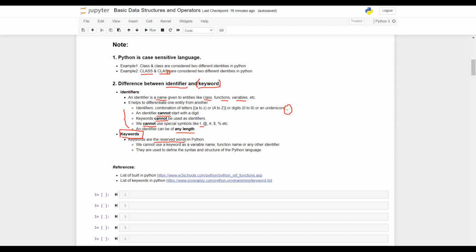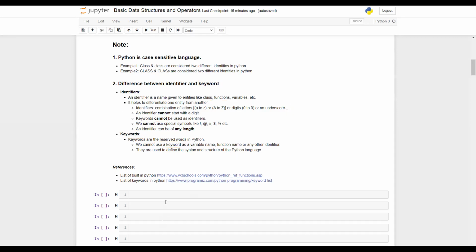I'm going to show an example, but let's understand what the constraint is. Whenever you know a certain word falls under the keyword category, you cannot use it as a variable name. It is the same as saying you cannot have an identifier which is a keyword, right? And also, as I said, they have predefined syntax, predefined structure, predefined meaning. Mostly the keywords in Python will be all lowercase. To give you an example